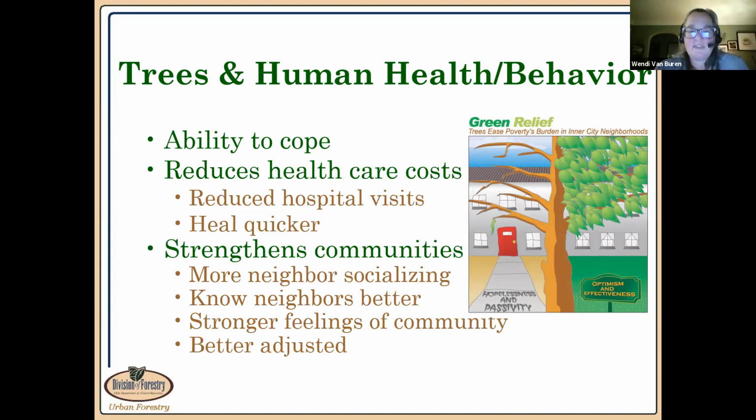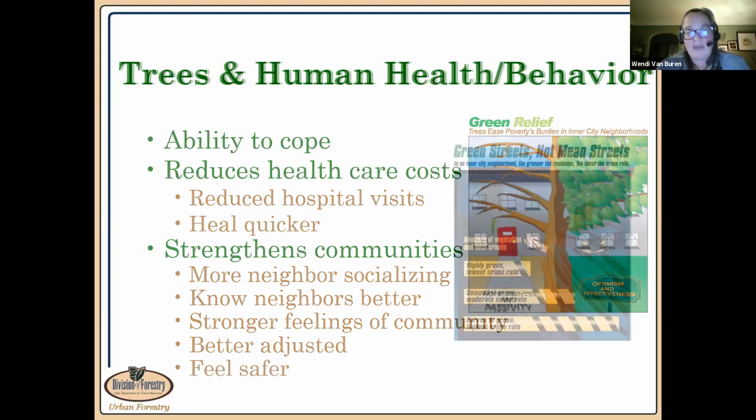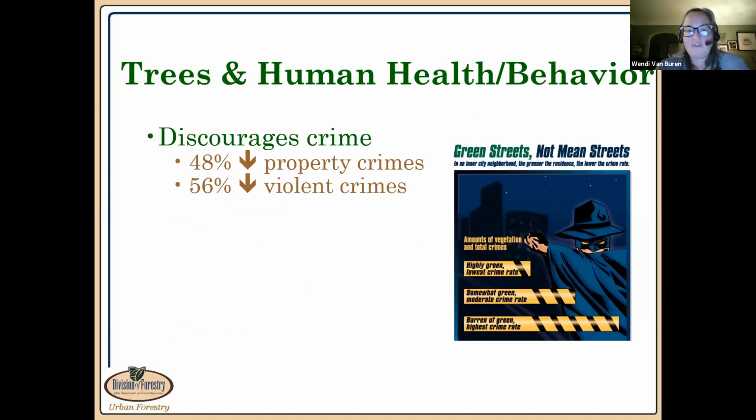And it just strengthens our communities. When we have cool, shaded areas in our neighborhoods, we're more likely to be outside and we're more likely to get to know our neighbors. And we feel safer. There's studies that show that where you have trees, you have lower vandalism and lower domestic